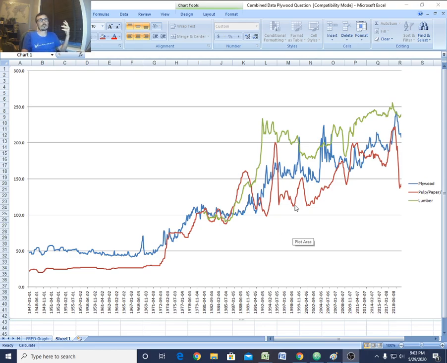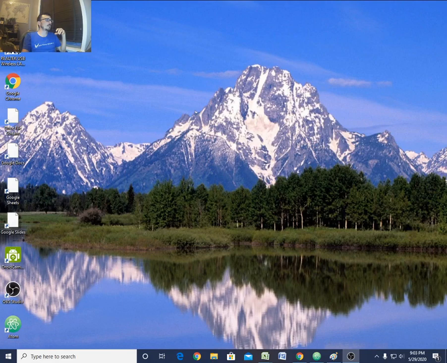So that's when I started looking a little bit deeper. I said, why is it that this price has gone up and up and up pretty consistently? We're looking at plywood here. Other than during some economic downturns, you see it kind of go down, but also during some times when, right here, there's a giant building boom and it kind of dips down a little bit. And then it dips down in the recession and goes back up. So I started wondering why. And that is what brought me to